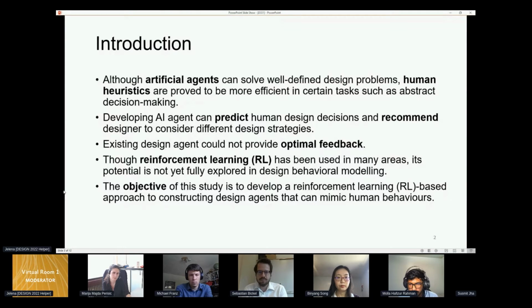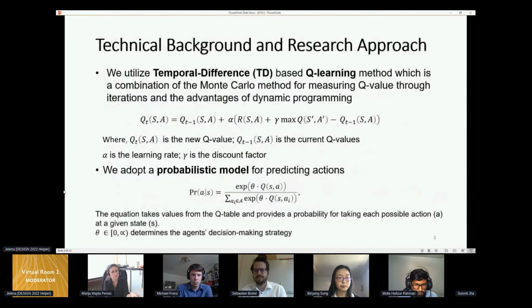The potential of reinforcement learning is not fully explored in the design field, although reinforcement learning has been used in many areas. Therefore, the objective of this study is to develop a reinforcement learning based approach to constructing design agents for mimicking human design behaviors. Next, I will briefly discuss the technical overview of reinforcement learning,